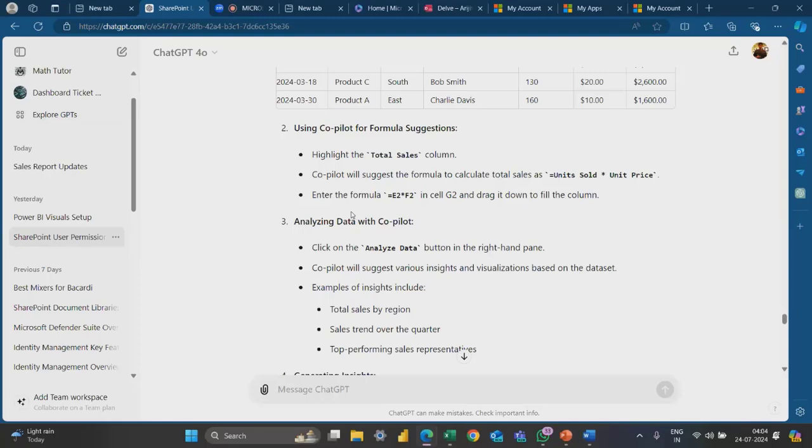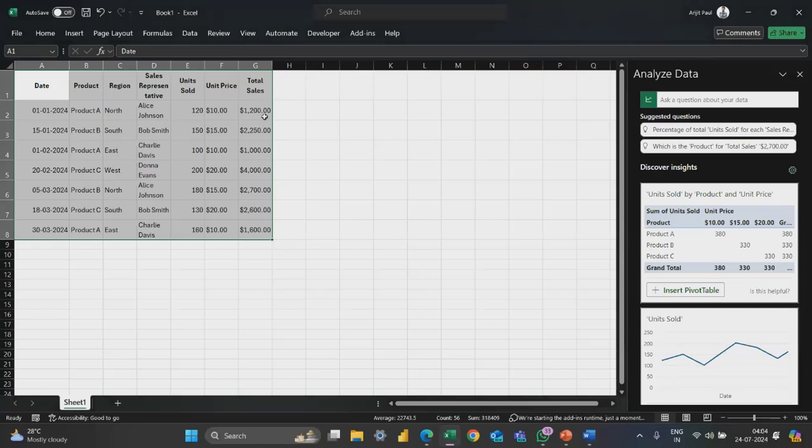Now we can also use Copilot for formula suggestions as well. The first step it is mentioning here is to highlight the total sales column. If we do this, Copilot will suggest the formula to calculate total sales as unit sold into unit price. We can enter the formula in cell G2 and drag it down to fill the column. Not sure how much it can be helpful in this, but